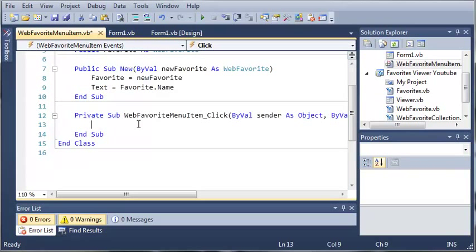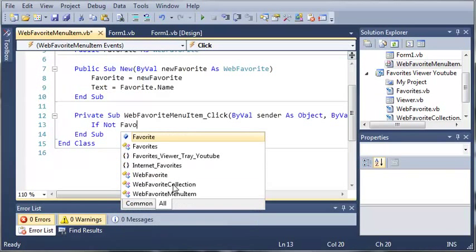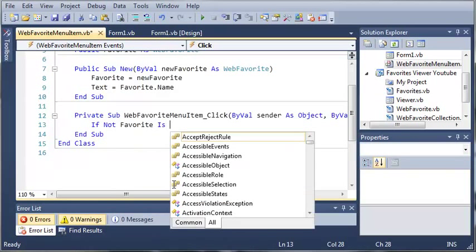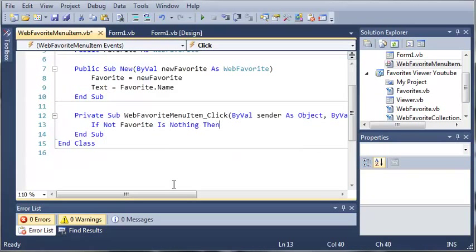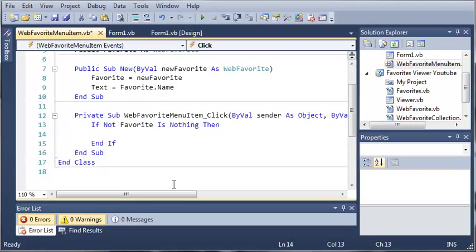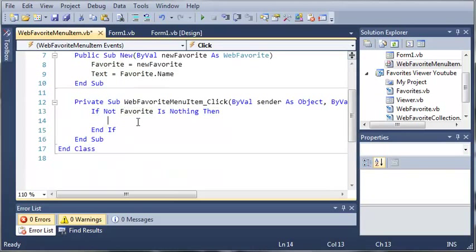Whenever web favorite menu item is clicked, what do we want to do? Well, we'll say if not favorite is nothing, then what do we want to do? Basically this is saying if favorite is something, because we're using a double negative here: not nothing would be something. So if favorite is actually something and not a null value, for all you people who've worked with other languages, what we want to do is type